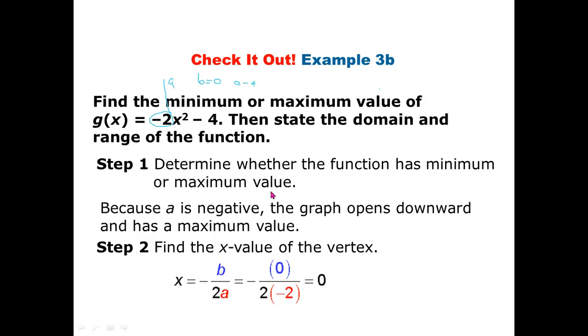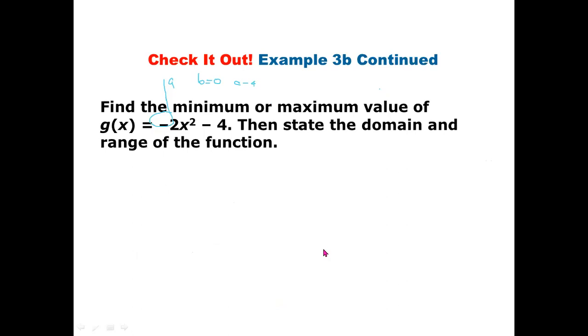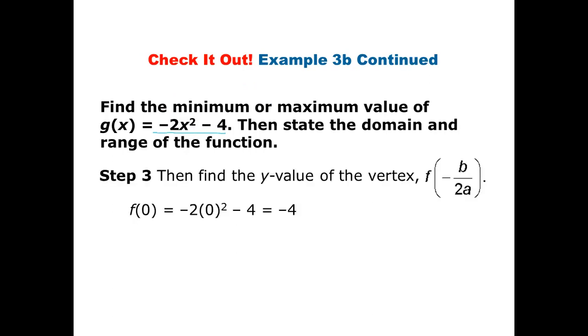And then we will now find the value for y, the maximum value of y. We said here is our function g. So we have g of x, where x is 0. So you have negative 2 times 0 squared minus 4. Again, we replace the value of x, which is 0, so we have negative 2 times, and then we